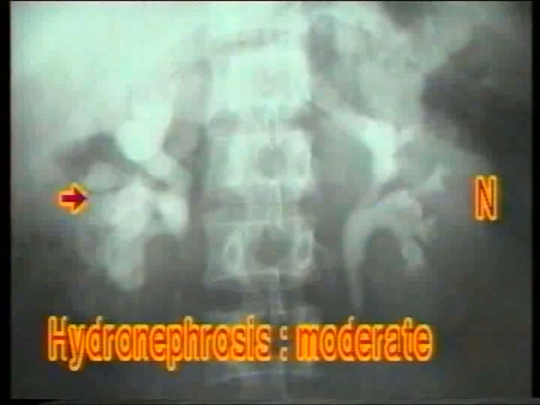With further hydronephrosis, the calyces become convex and more dilated, termed as clubbing of the calyces. Note in the left kidney, the apex of each calyx has become convex and bulging. In this patient with moderate degree of hydronephrosis, the size of the kidney is increased, the calyces and pelvis are dilated, and the thickness of the renal parenchyma is reduced. Note the opaque stone at the pelviureteric junction causing moderate hydronephrosis.